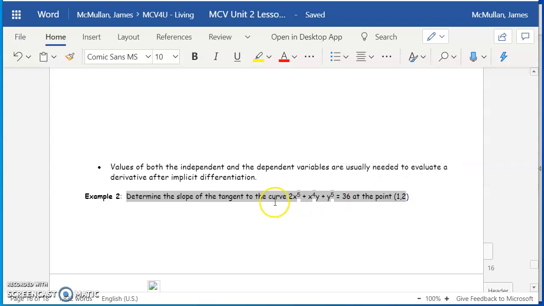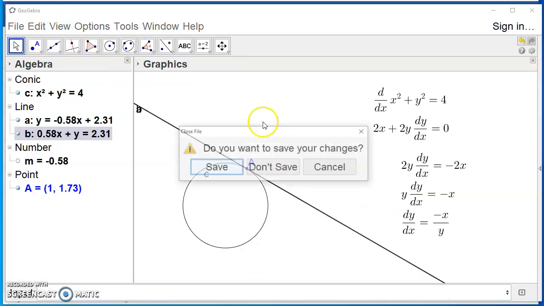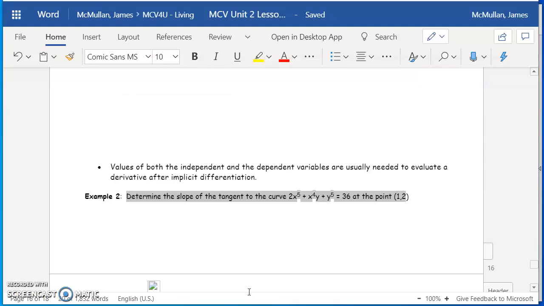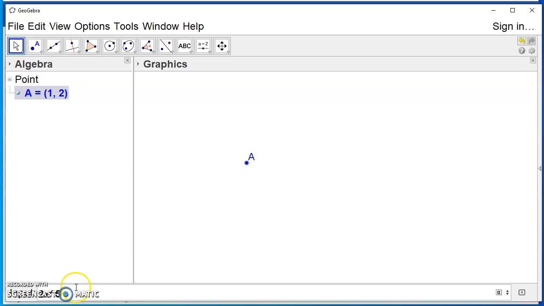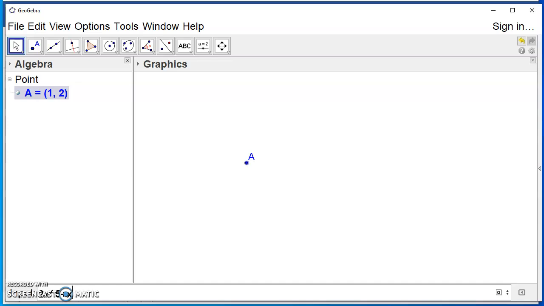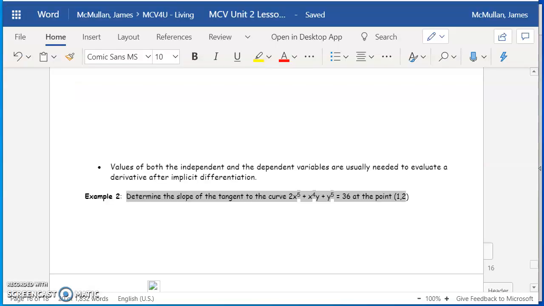So here we're looking at this curve, 2x^5 + x^4y + y^5 = 36, and the point we're interested in is (1, 2). So let's start this over again. Let's graph the point (1, 2), and then let's draw this. So 2x^5 plus x^4 y, times y, plus y^5,